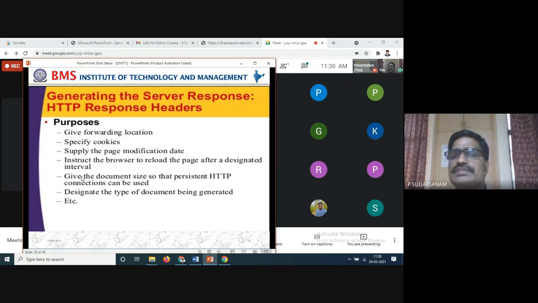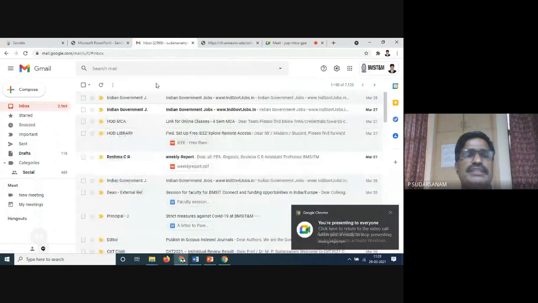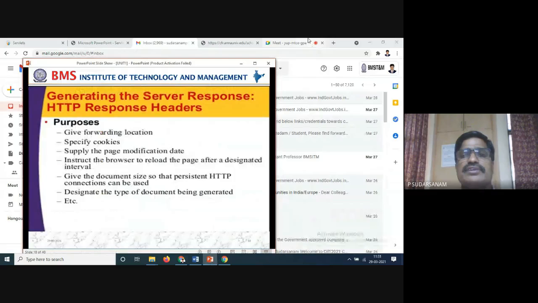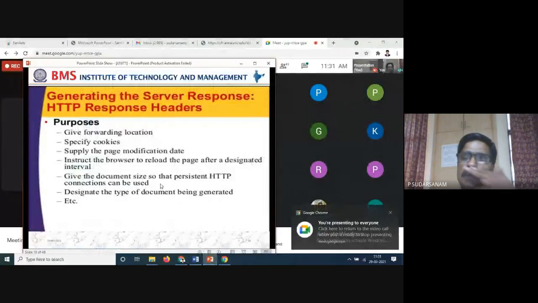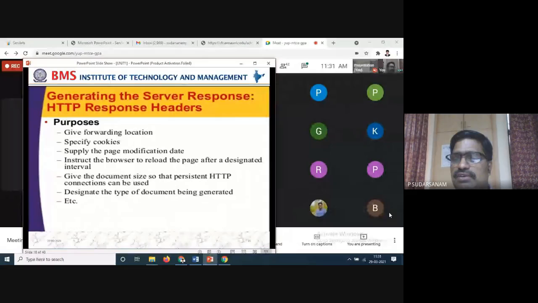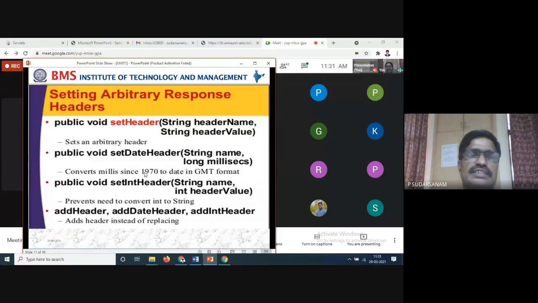For example, Gmail, I have opened it. Whenever I am clicking that, automatically when mails are coming, it will be updating. Like this, whenever you are doing this, you have to get it automatically. So that is what we have to do for this. What code changes should be done? Refreshment we have already done. Let us see here also what the theory says.